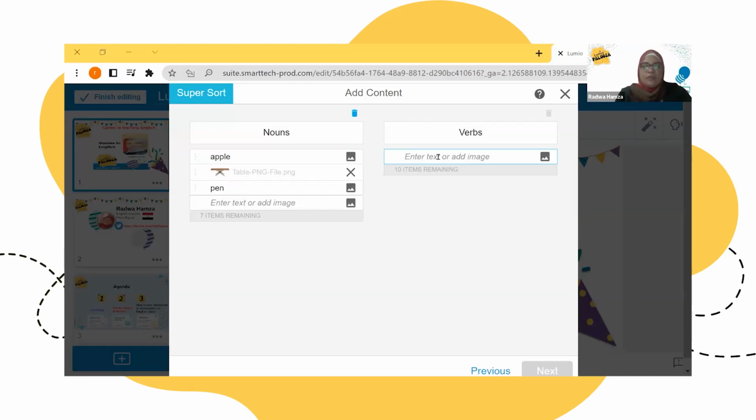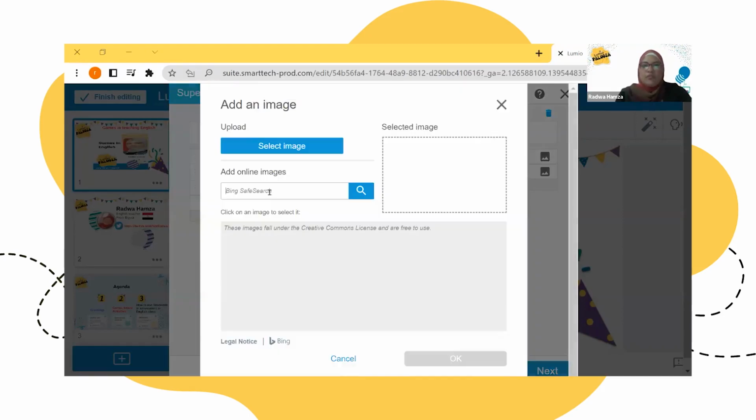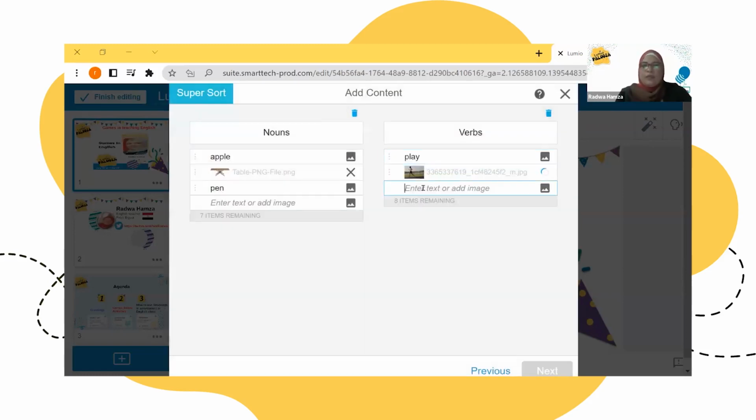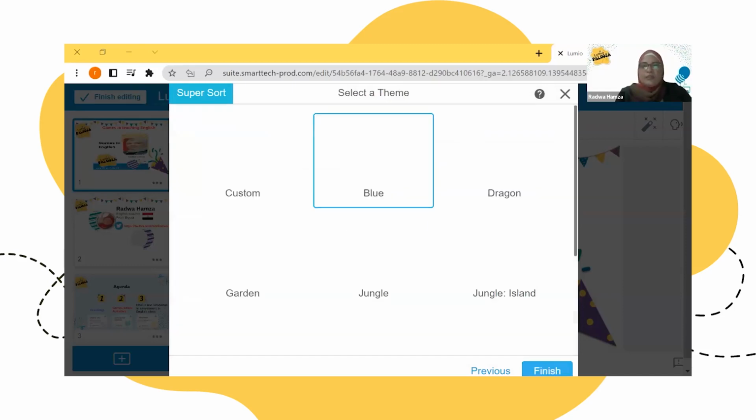For verbs, play. You can have a picture of someone who is running like this. And eat. You can add more if you like. After you finish writing the two categories, you click next.